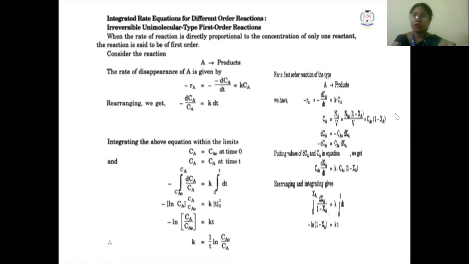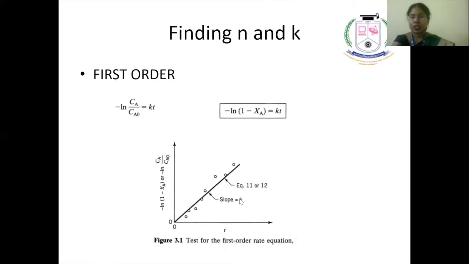In terms of conversion, minus dCA by dt can be written as CA naught dXA by dt, and CA can be written as CA naught into 1 minus XA. So CA naught will get cancelled, and this becomes dXA by 1 minus XA is equal to k into dt, taking dt to the other side. When time t is equal to 0, naturally there will be no conversion, so it becomes 0. At time t, conversion is XA. So the final equation is minus ln of 1 minus XA is equal to kt, which has to be represented as